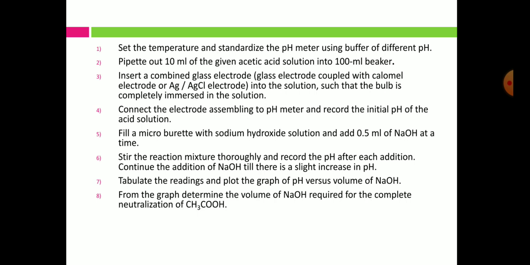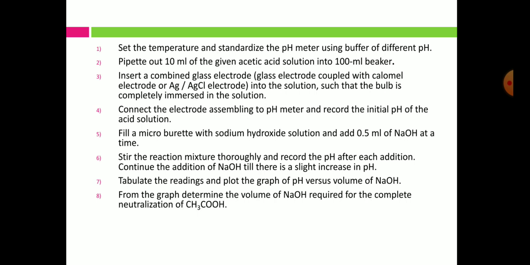Secondly, we will start our experiment now. So, step 2 is we will pipette out 10 ml of the given acetic acid solution in a 100 ml beaker, and then we will add 40 ml of distilled water to this acetic acid solution, so that the most important part of our combined glass electrode, that is the pH sensitive bulb, is completely immersed in it. So, we will take 10 ml of acetic acid solution, and then add 40 ml of distilled or deionized water into it to increase its volume, and into that solution we are going to dip our